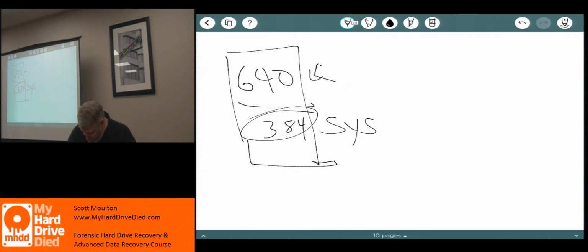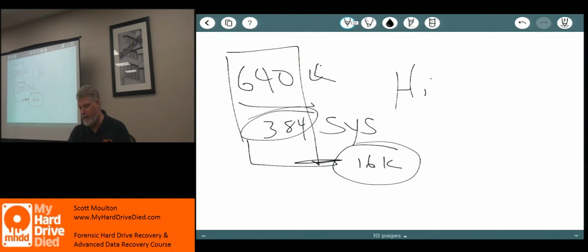Well, this left a little tiny gap that was just below. I don't remember exactly how far. It's like 16K below the 1024 boundary. So after what they could use, they couldn't use a small chunk of it here at the end. Well, what happened is they wrote a driver called HighMem. So HighMem.sys points to this location, right at the end of that boundary.